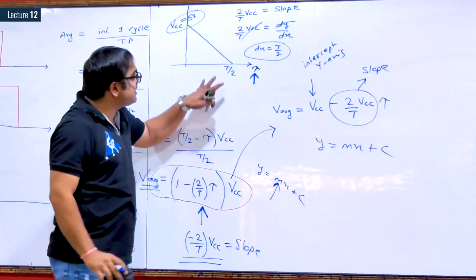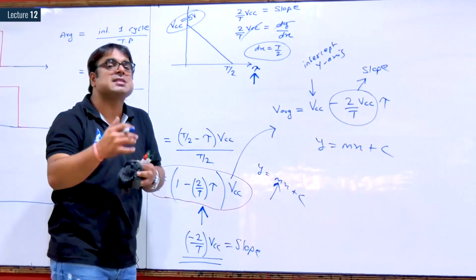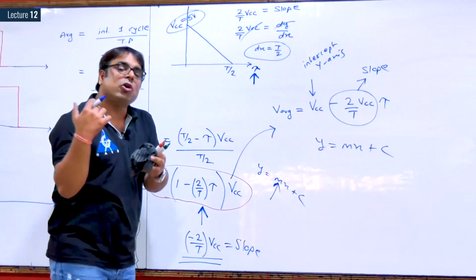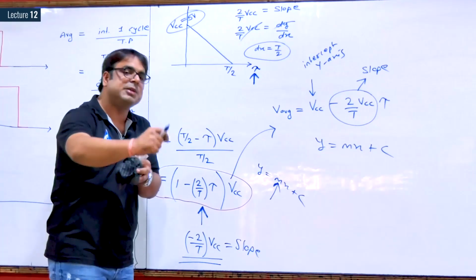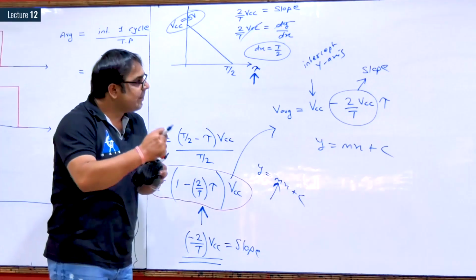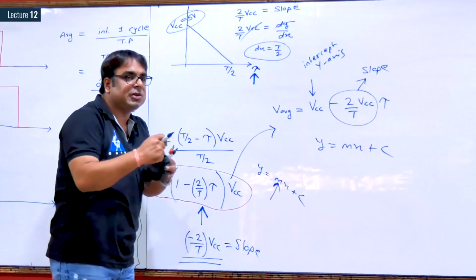So this is the exact graph we can make, but in the exam you should try to save your time. There was only one graph with a negative slope, so just mark the answer and move ahead. These types of time-saving things you have to apply in your GATE exam.